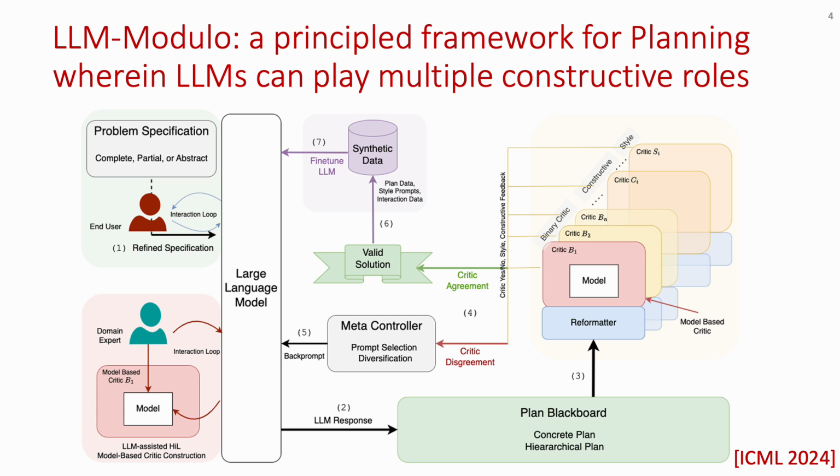Okay. So one way you can think of that, the simplest way you can get into this, even though the current solutions are actually more interesting, is if you think in terms of this LLM modular architecture, imagine after a bunch of generate and tests, you finally have a valid solution. You could give this valid solution to the human, whoever is the end user, but you can also store this as synthetic data. That means for this particular problem I actually have a solution. So if you solve enough of these, then you have an extra store of problems and solutions, and then you can fine-tune your model.